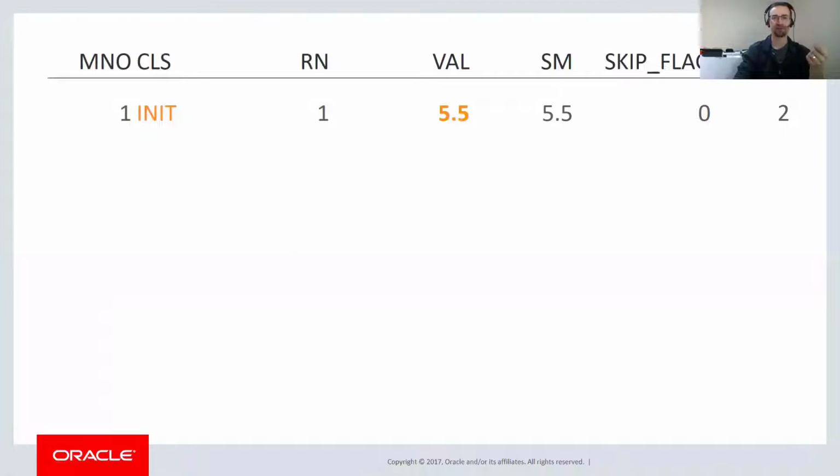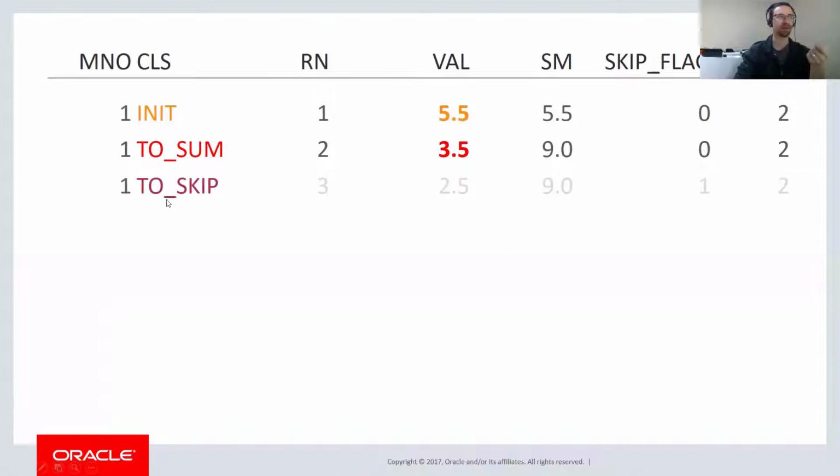Go forward that many rows where the skip flag is 0. So we go to our next row and we include that in the result set. So that matches the toSum variable. Then we go to the next one. Now, this is set to skip because the skip flag is 1, so we want to bypass that row. And finally, we get to another row where the toSum is, which we want to include in our sum, and